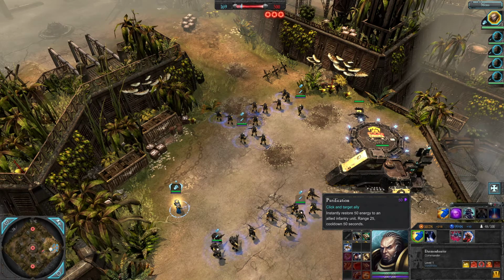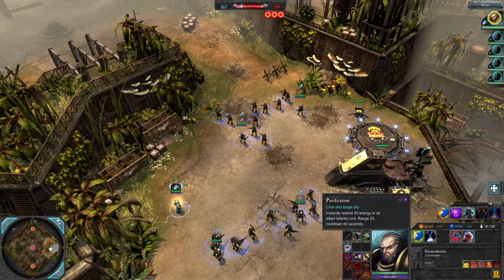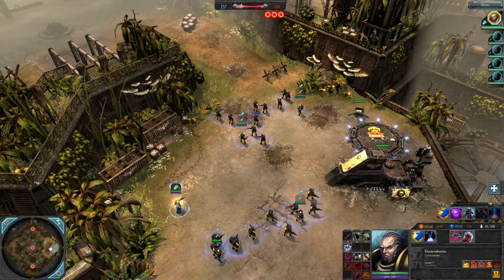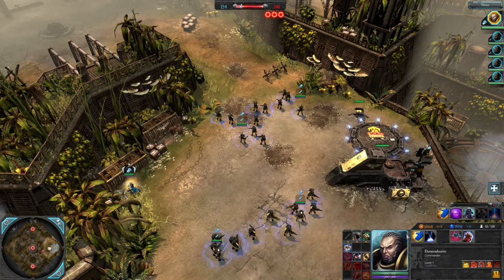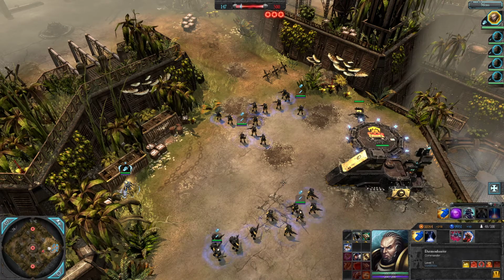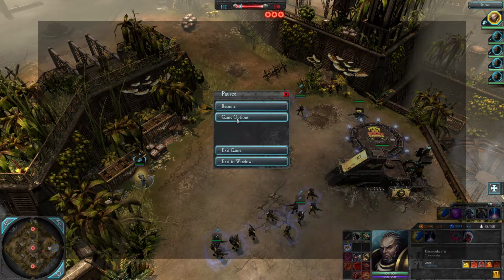Purification is P. Rift tier is Q. So the hotkeys are just super weird. That's the really old style, like the RTSs like 20 years ago or 25 or even 30 years ago. So if you turn this option on,